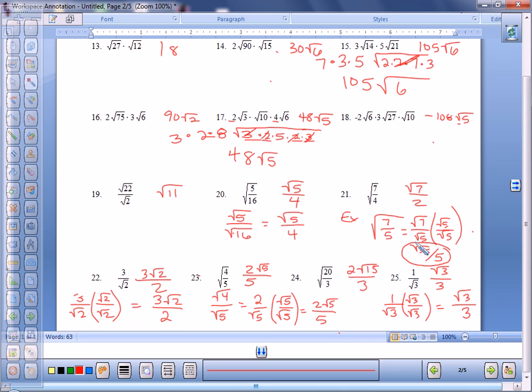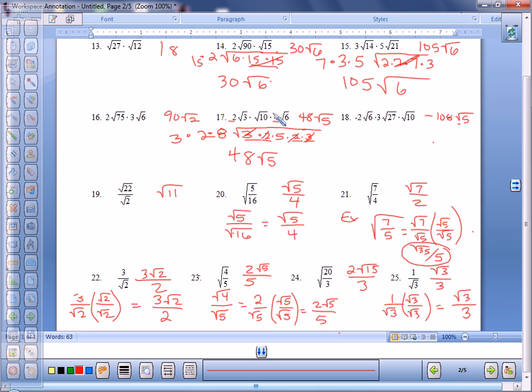Yes, Abby? Okay, number 14. Okay, the numbers, so I'm not going to go any bigger with it. So I'll go ahead and break it down. Well, 15 divided into 90? Yes. 6 times, doesn't it? So I would rewrite 90 as 6 times 15, because I already have a 15. And 15 times 15 is 225, and the square root of 225 is 15. So I get 15 times 2 is 30, 30 root 6. Anybody else, Daniel? Can you go